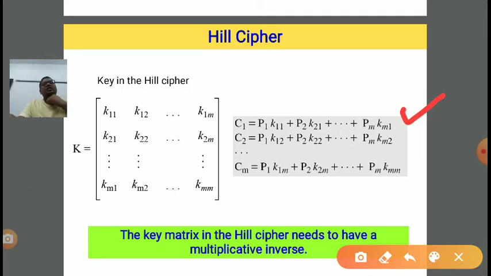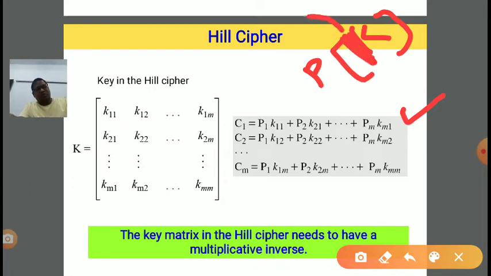All m alphabets of the plain text will be multiplied with the first column of the key matrix. Suppose I am again writing the P matrix and K matrix. The K matrix first column will be multiplied with the P matrix row, and all the components will be added. In this manner it will generate C1, right?